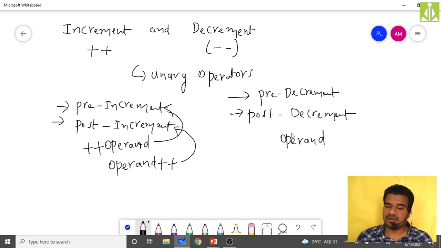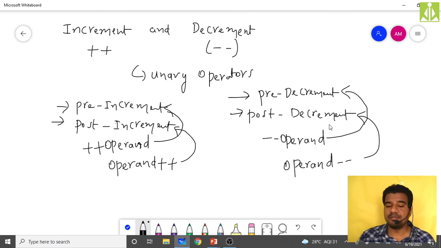Here also the same thing: if the operator comes before the operand, this is pre-decrement, and if the operator comes after the operand, it is post-decrement. Likewise, remember this: pre-increment, pre-decrement, post-increment and post-decrement.